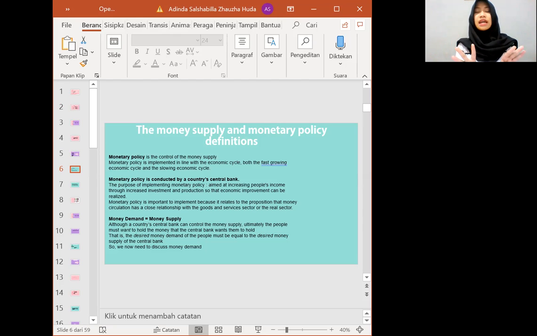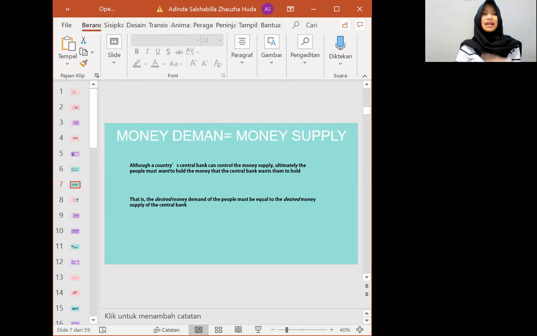There are 3 formulas about the money demand. First is to recall that the GDP deflator is equal to nominal GDP divided by real GDP. Second, GDP deflator multiplied by real GDP is equal to the nominal GDP. The last is price multiplied by Y is equal to nominal GDP. This part is the same as the previous part that I have spoken.